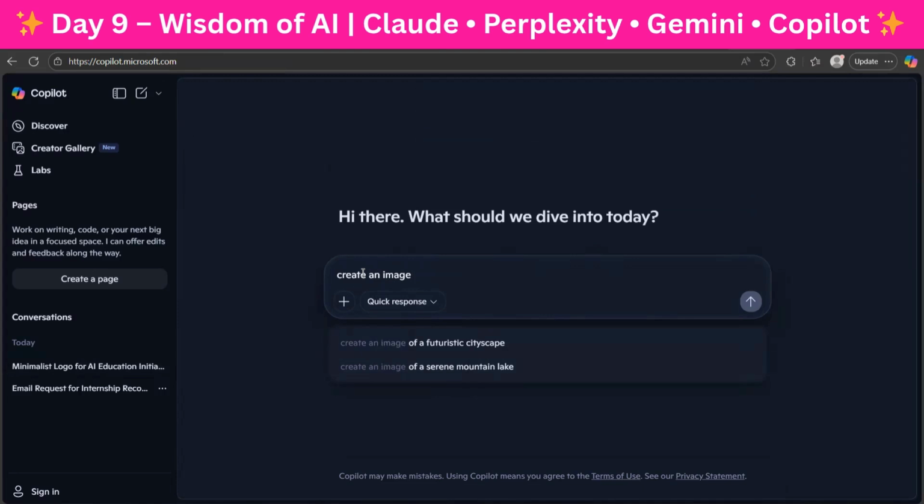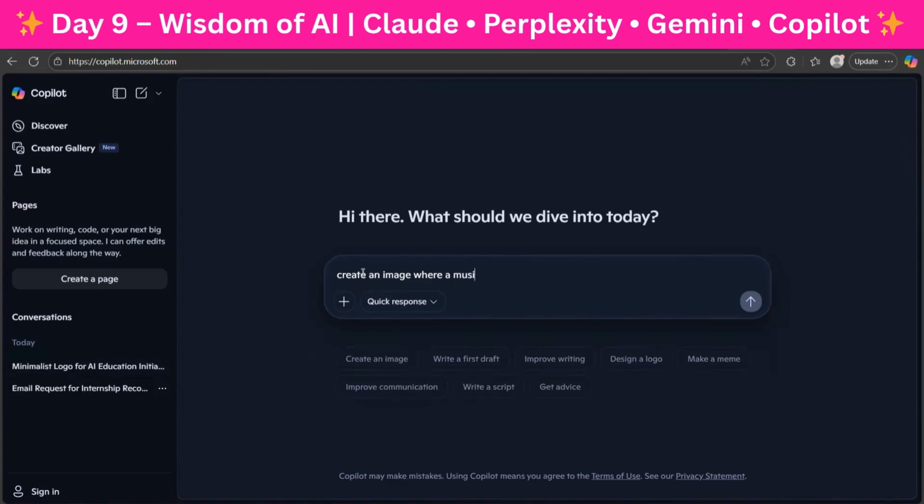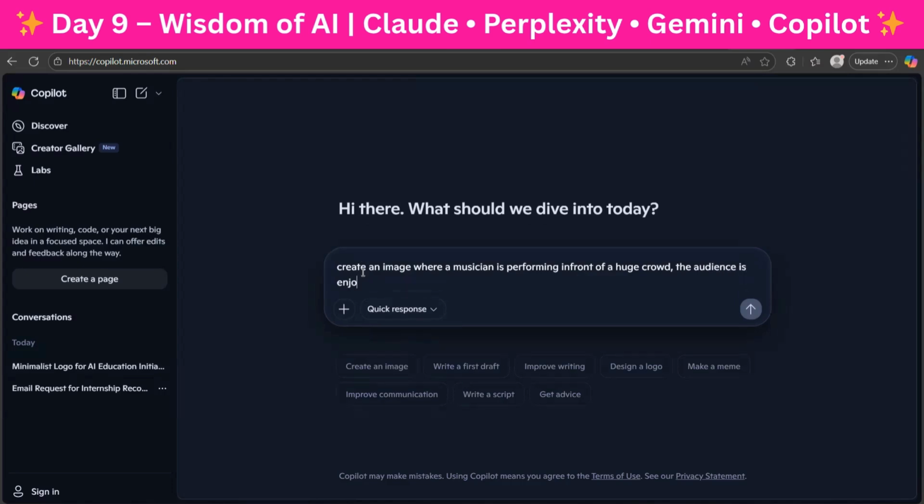an image where a musician is performing in front of a huge crowd, and the audience is enjoying the concert.